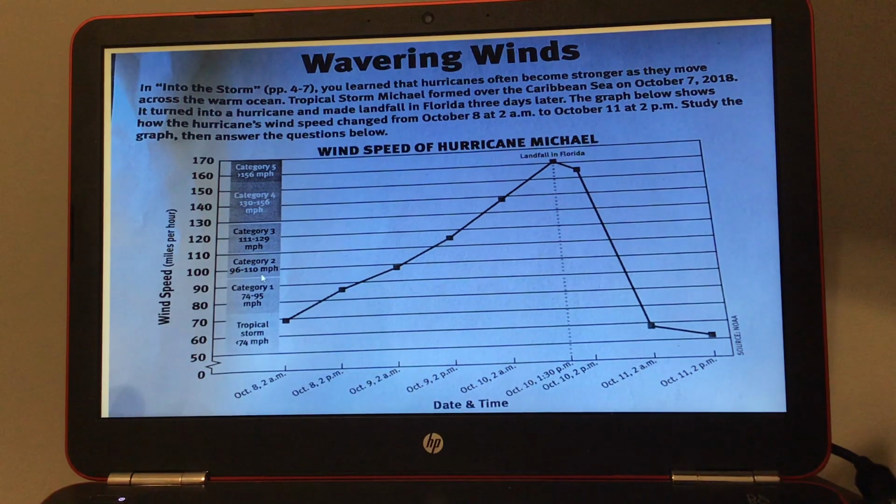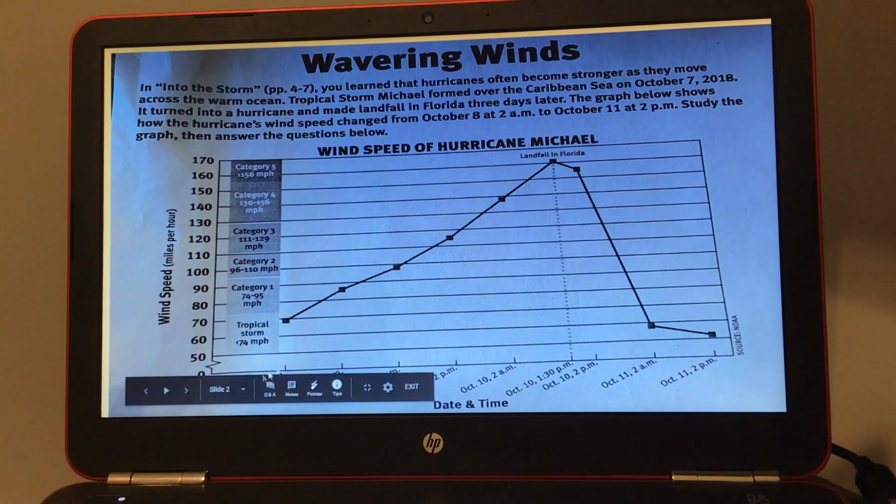Category 2 is 96 miles per hour to 110 miles per hour. Category 3 is 111 to 129 miles per hour. Category 4 is 130 to 156 miles per hour. And a Category 5 is 156 miles per hour or higher. Okay, so then it also gives you at the bottom the times, the dates. So October 8th,